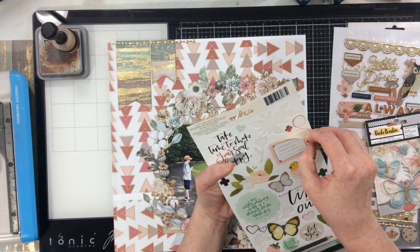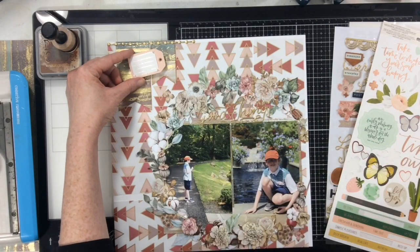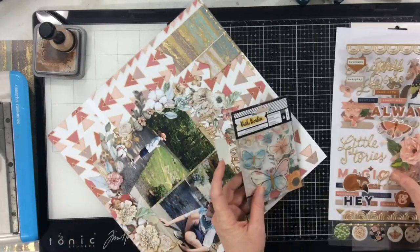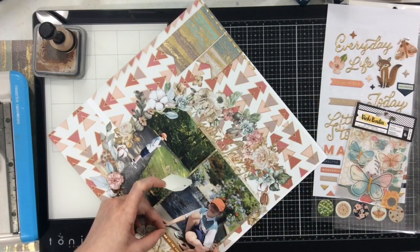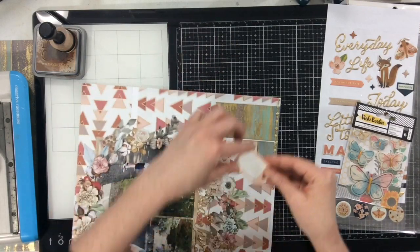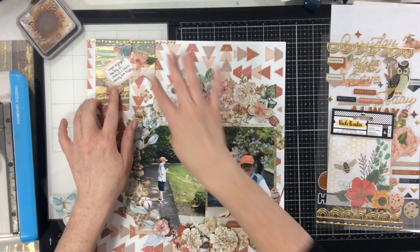Now I wanted to use this tag as my journaling spot. So I'm going to go ahead and make sure that I like the way it's going to fit there. And I'm going to layer it up with some of these butterflies. The butterflies and some of the flowers are both from the Vicky Bouton collection, those flowers that I have there, and then the sticker and some of the other elements I'm going to pull in are from One Canoe 2's Willow